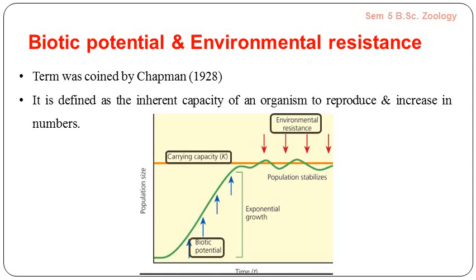The increase in numbers is controlled by factors, both physical and biological, abiotic and biotic, and these factors are referred to as the environmental resistance. So we can define environmental resistance as the sum total of physical and biological factors that prevent or